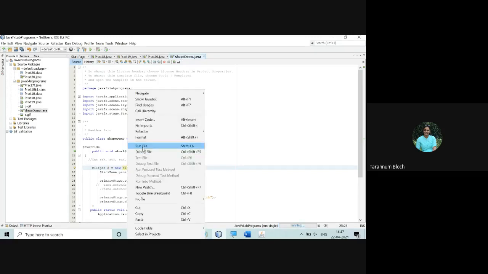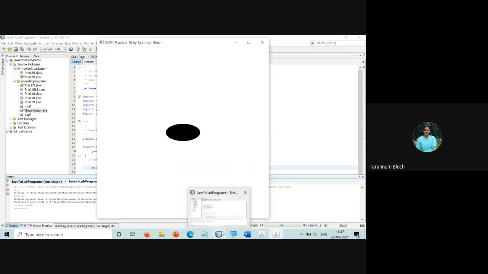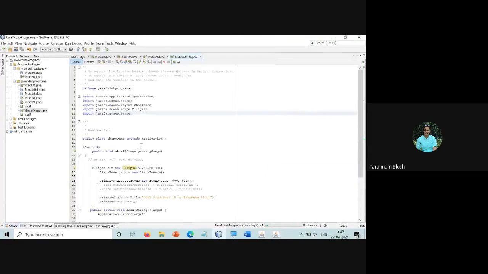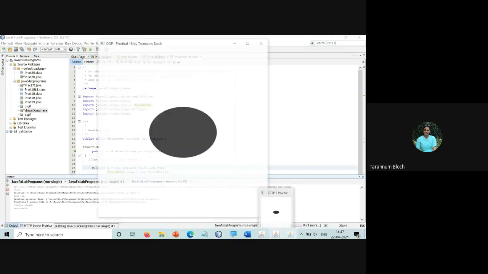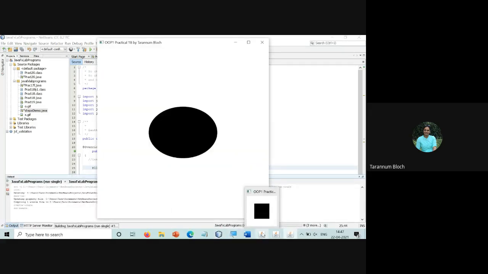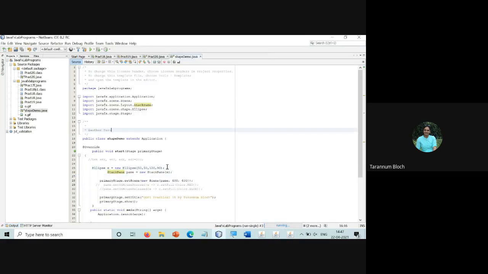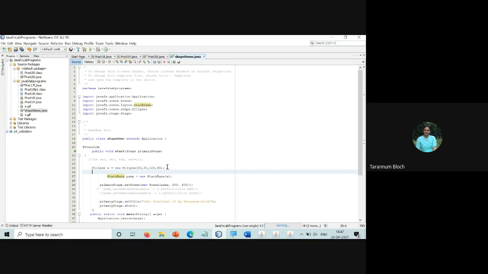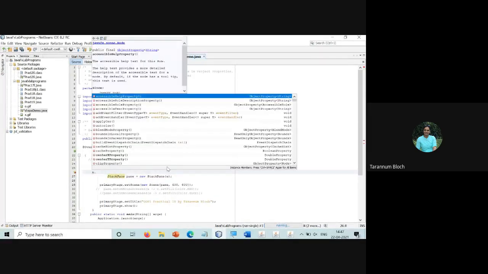And let us run this. Can you see this? Fine. Let me increase it: 120 and 100, or 120 and we can go with 90. Can you see this? Yes or no? And if I want to change it, I can go with the common properties also.